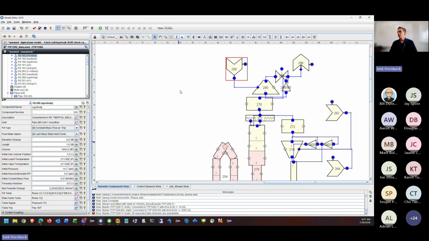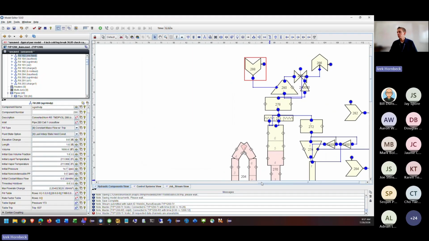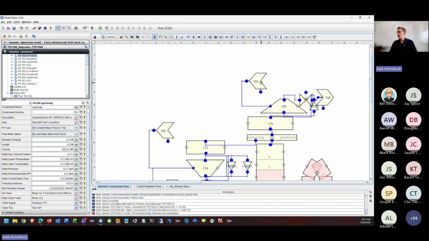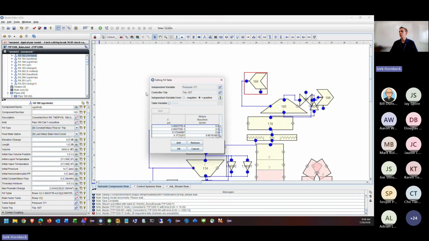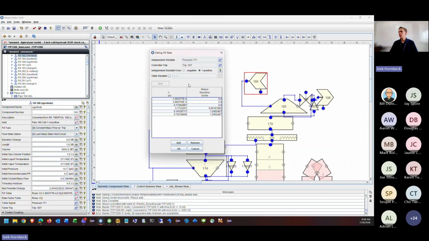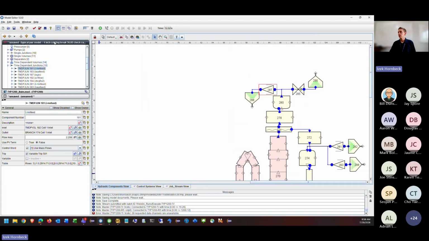So we'll click OK. We've set those values, and we'd probably expect the same thing to be on this side with 188. And so if we look at that fill table, we notice the same kind of thing. These pressures are not the right values, and you'll actually notice they're the same as they are on the other side. So we can just paste these same values in right here,